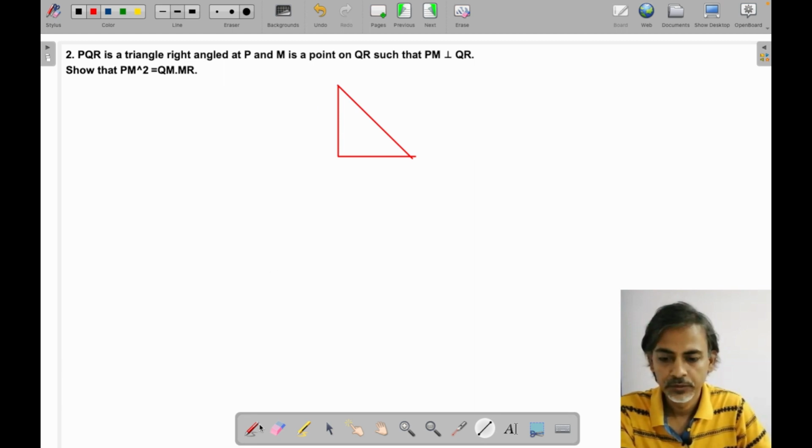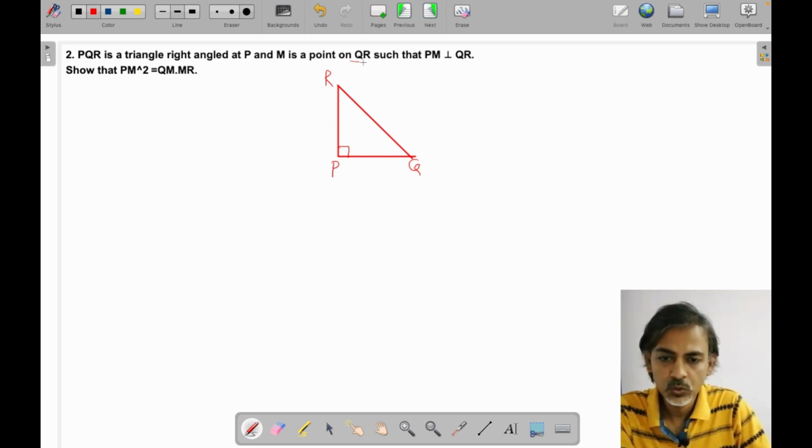So we'll call it A. Oh, sorry, we don't have to call it A. So PQR is a triangle, right angle at P. So P is here, a right angle at P. Then we have a Q, then we have an R, such that now